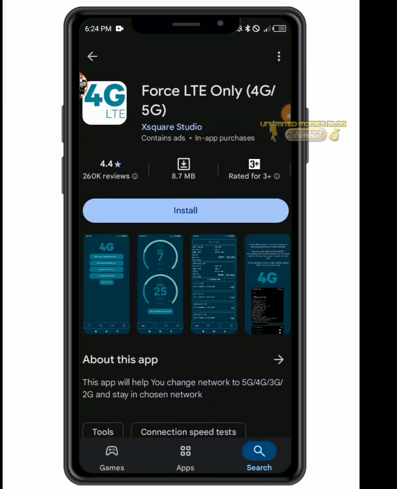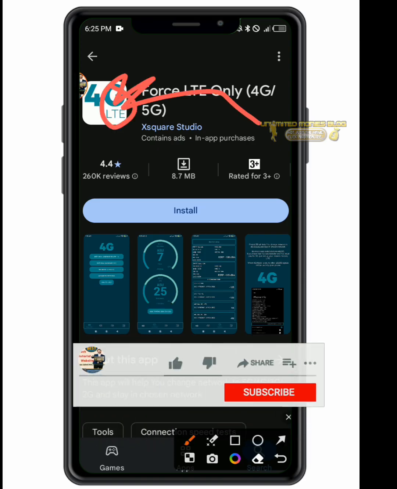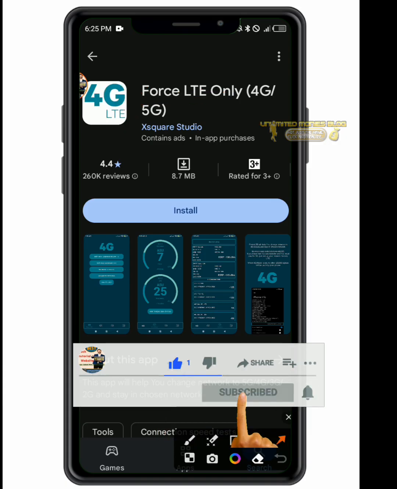When I open it, you have this particular app here known as First Light Only 4G/5G. So this app is what we want to use to run the logic and get the tricks. But how can we make use of it? Before I continue, I want to put this into your understanding. You see this particular app here, this is the one that you will use. If you cannot find this app like this, or sometimes you see this app repeated with different names, but always observe that